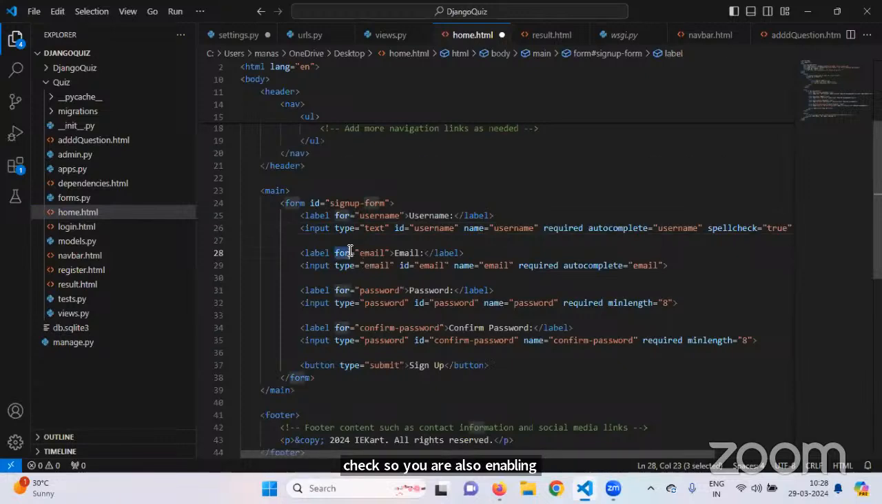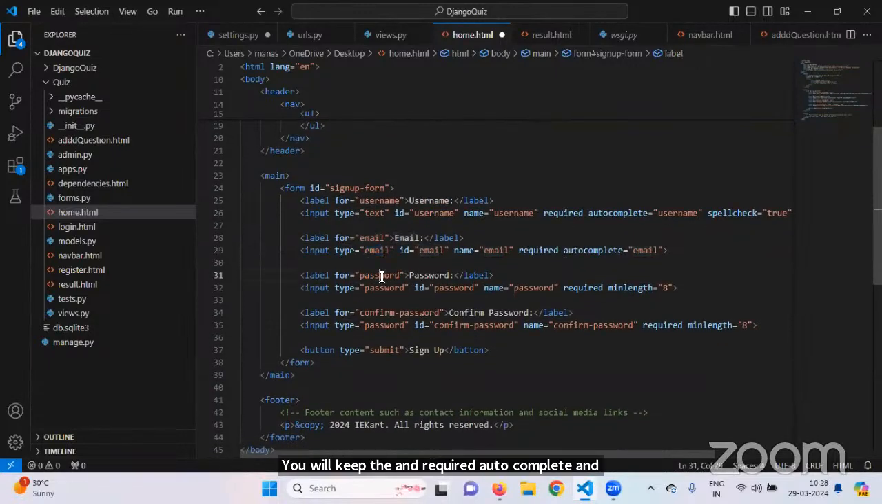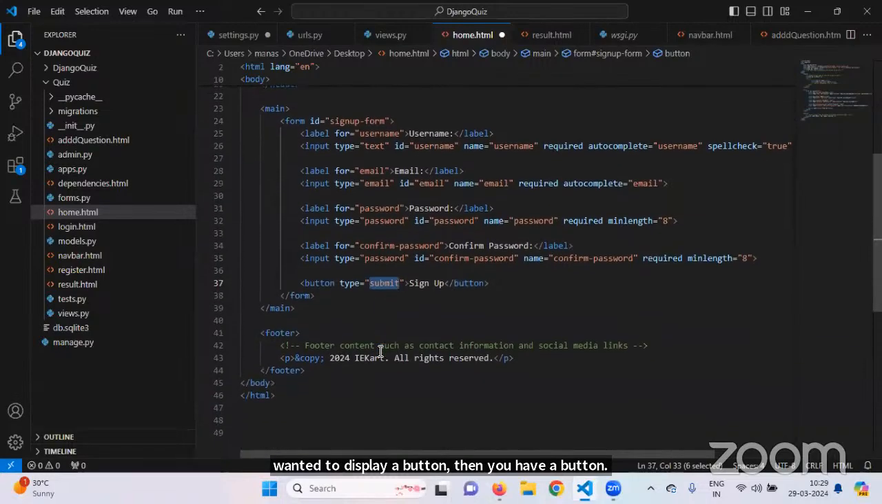So if you wanted to enter an email, for the input field you will keep the type as email and required autocomplete. And if it is a password field, generally whenever we type a password, it comes as circles, right? It is not visible, whatever word we are typing. So for that, the type of field is password. Again, you have confirm password also. And if you wanted to display a button, then you have a button tag, and then you have its type as submit. So if you see this website,